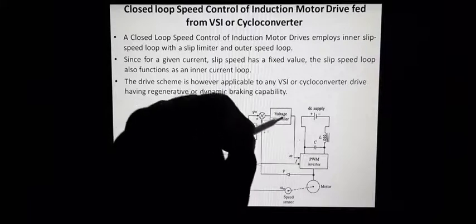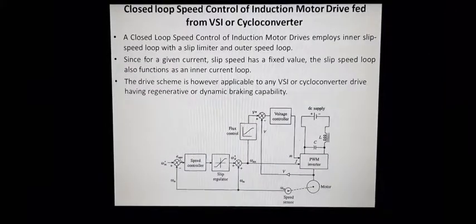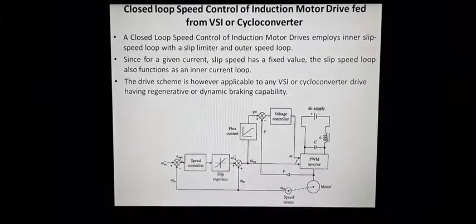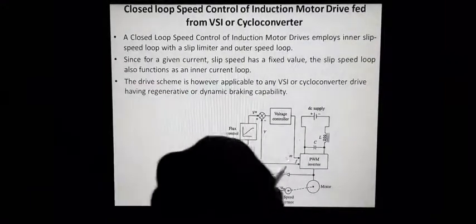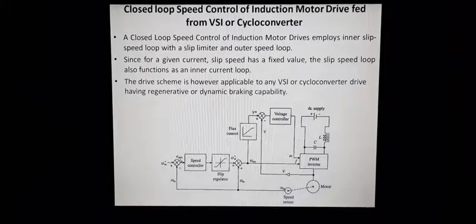Then we will be using a voltage controller to compensate this error signal, and the output of this voltage controller will be the modulation index at which the inverter has to be operated. So if the inverter is operated at this particular modulation index, definitely you will be able to achieve the desired voltage at these terminals. Already you have achieved the desired frequency by providing this frequency as input to this PWM inverter. So by varying the value of M, definitely you will be able to obtain the inverter output at the desired voltage corresponding to a particular value of frequency.